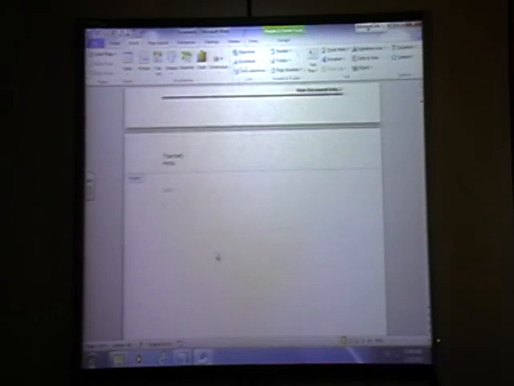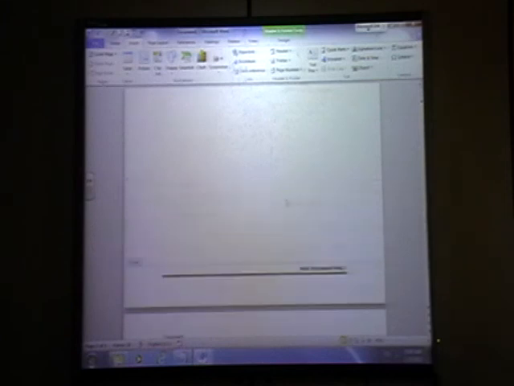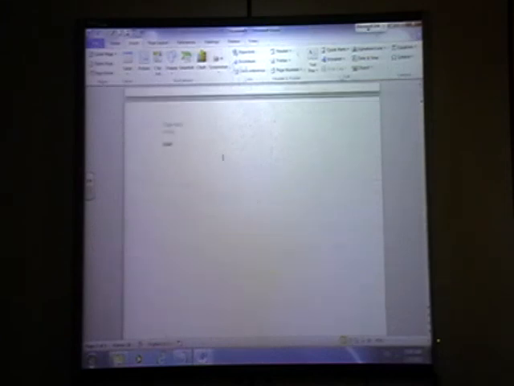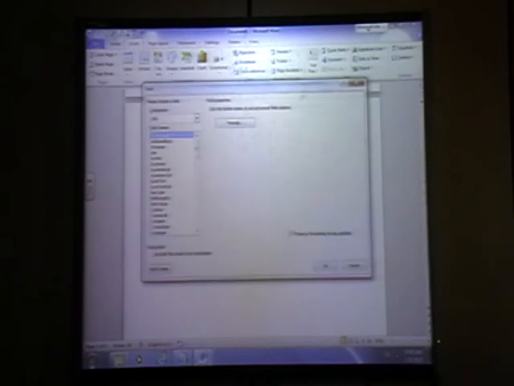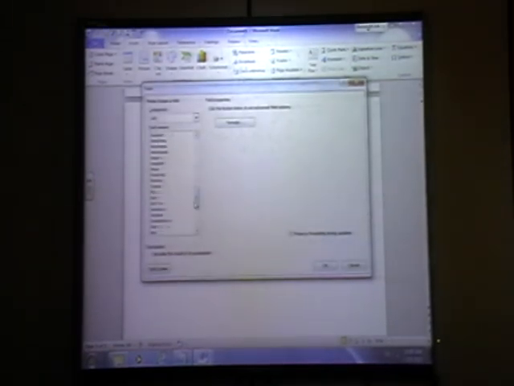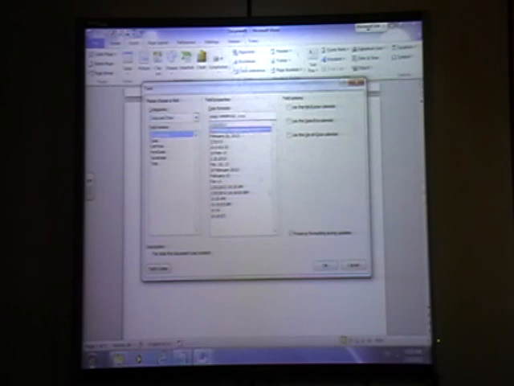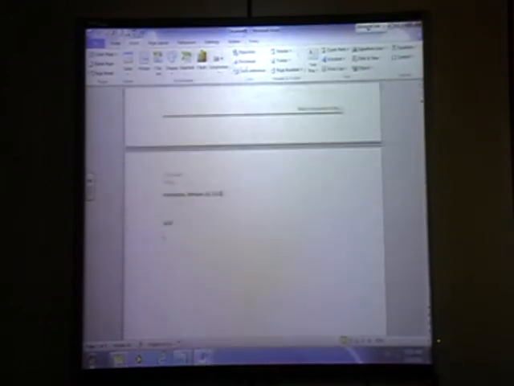See, main document only, this message is coming. Here, quick part, field, and I want something, page reference or date and time. Let us see date and time. Can you see? Date and time is inserted.